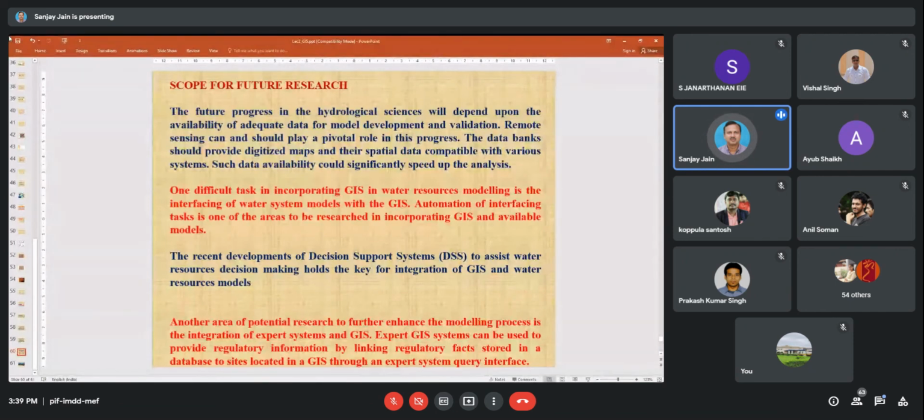We are guiding from the hydrology point of view, and they have the background of computer systems for coding that in a system. So they are creating a DSS. Okay, so this is the scope for future work in the field of GIS and water resources management.